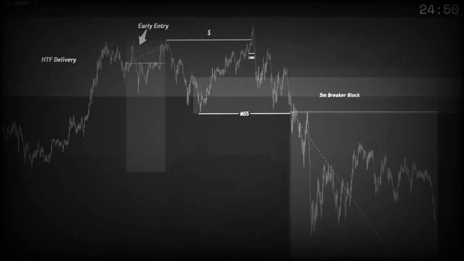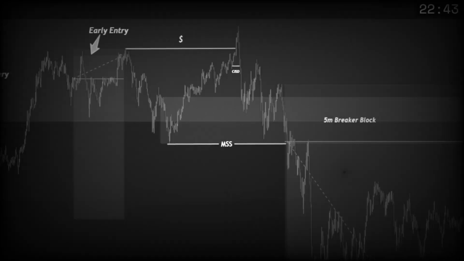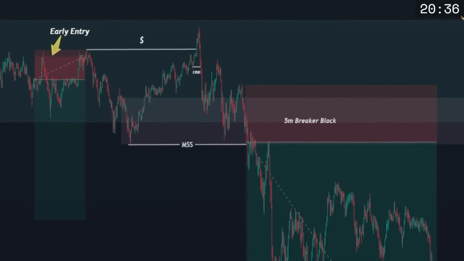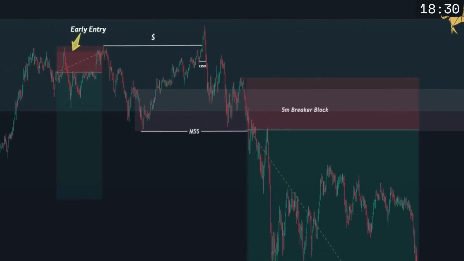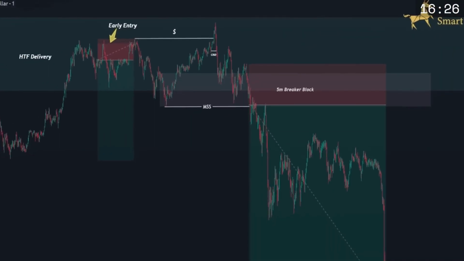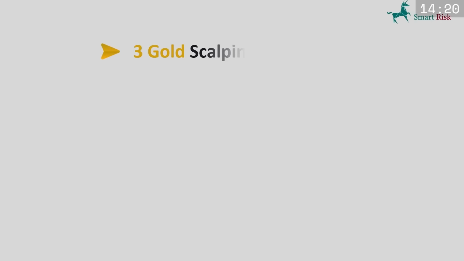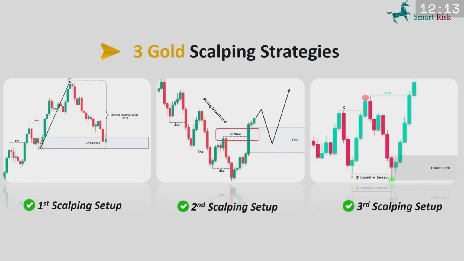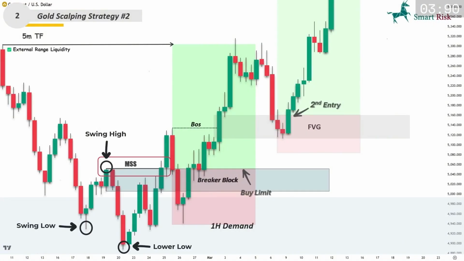If you've ever tried scalping gold, you already know it's fast, aggressive, and extremely unforgiving. One wrong entry and you're out instantly. In today's video, I'm going to show you my 3 most powerful gold scalping strategies that work perfectly on the 1-minute and 5-minute charts. These are the exact setups I would rely on if I had to trade gold every